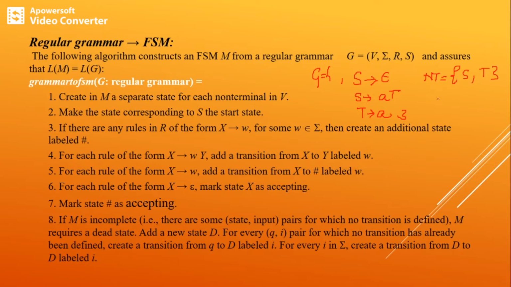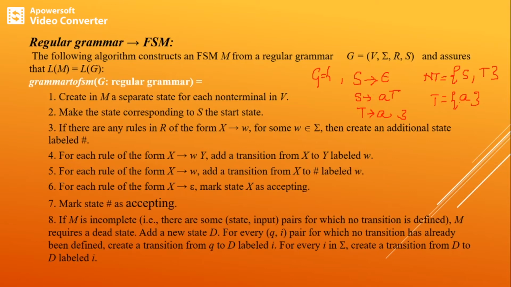Then how do you identify the terminals? Check the RHS for the symbols other than non-terminals and epsilon, because epsilon can't be a part of a string, and a non-terminal also can't be a part of a string. Here epsilon, you can't take. Here T is a non-terminal, leave that and write A. And here only A we have, so it's already added. These are the non-terminals and terminals. So variables will be all these non-terminals and terminals.